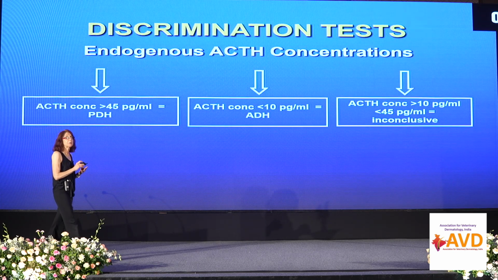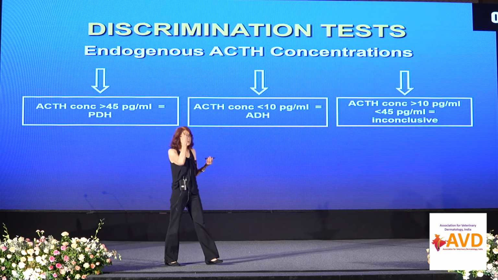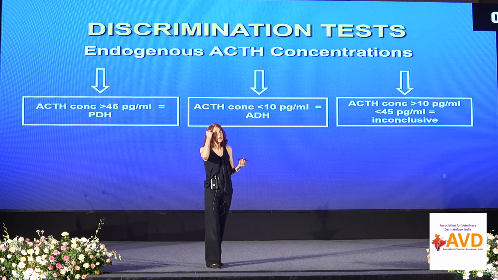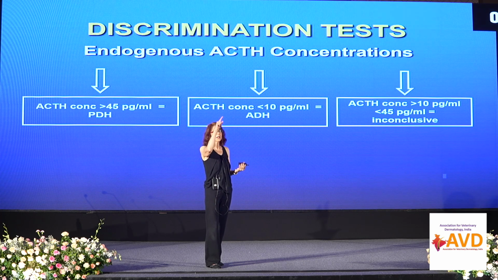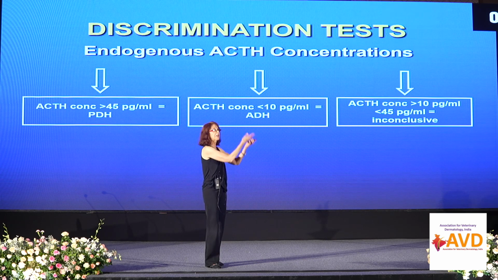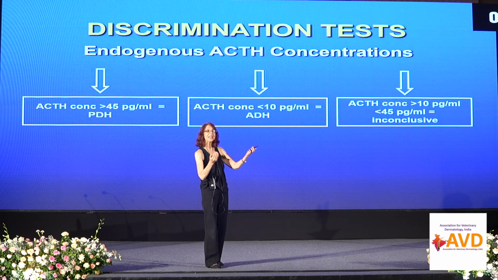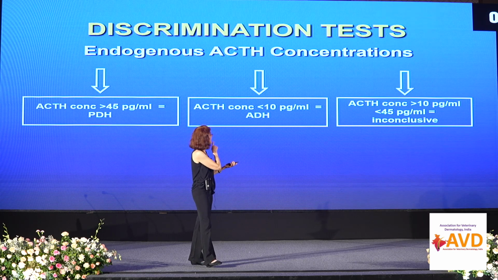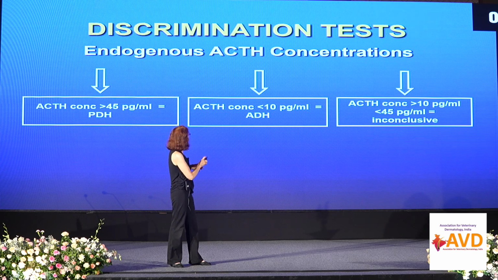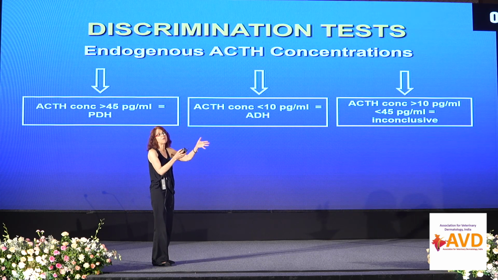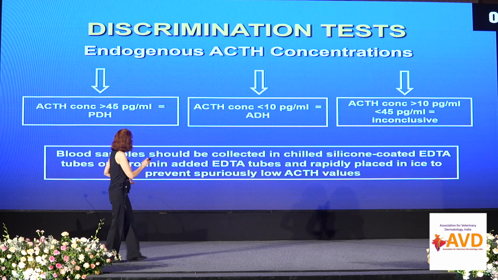Endogenous ACTH. Remember again, if you think what happens with Cushing's, most of the cases, tumor producing ACTH. Then the ACTH level will be high, okay? Adrenal, remember? Adrenal producing cortisol independent of the pituitary. Negative feedback is working, so ACTH will be low. So one very high, and then the other one low. So you can localize that. It's very good. I didn't put the accuracy here, but it's 80% of the time or so, okay? And there are the cases that will fall in between that you cannot localize, okay?